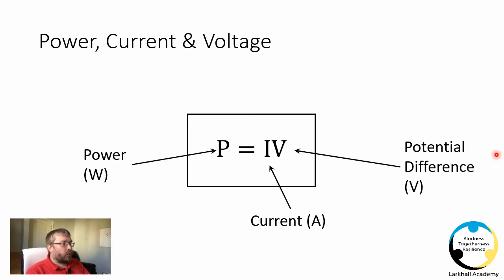Okay, so if you know the potential difference across a component, so if you've got a lamp, let's stick with the example of a lamp. If you know the current going through that lamp and you know the potential difference across the lamp, then you're able to calculate the amount of power that lamp is using, so the amount of energy that lamp is using every second. That's a really, really important equation